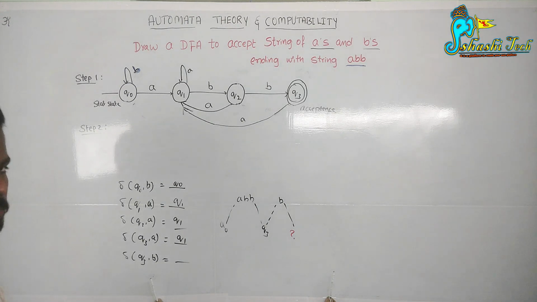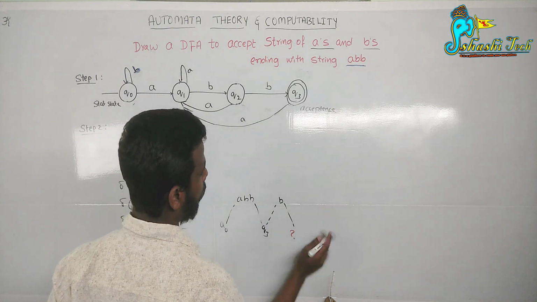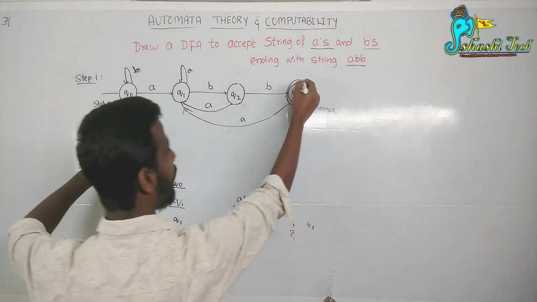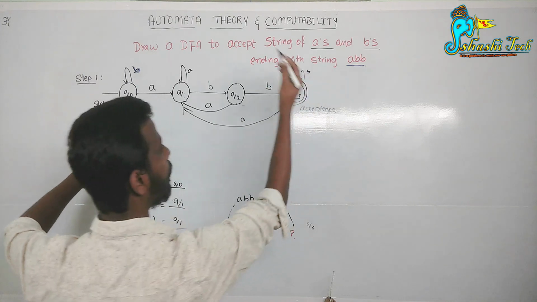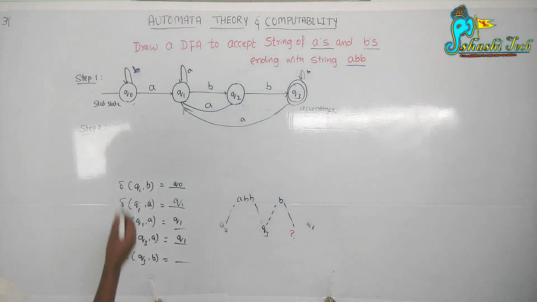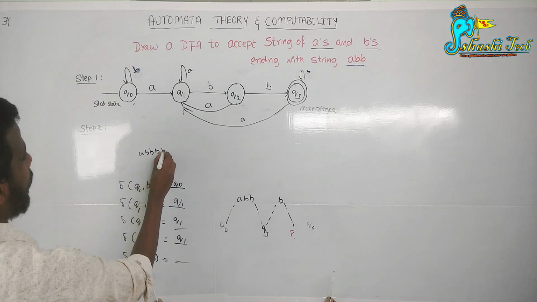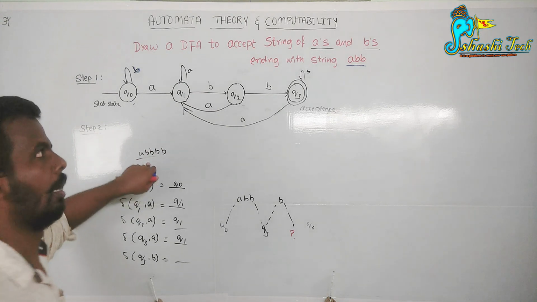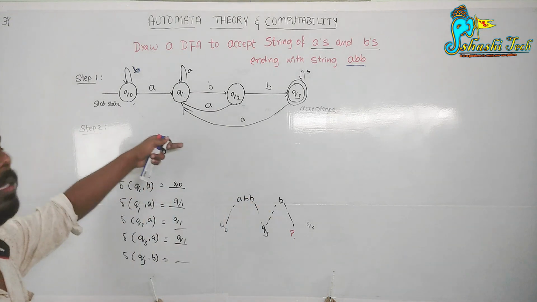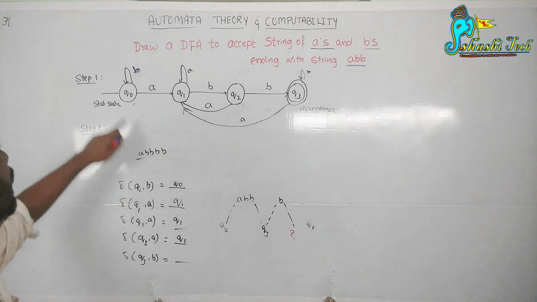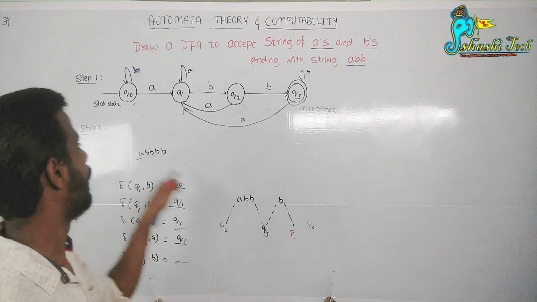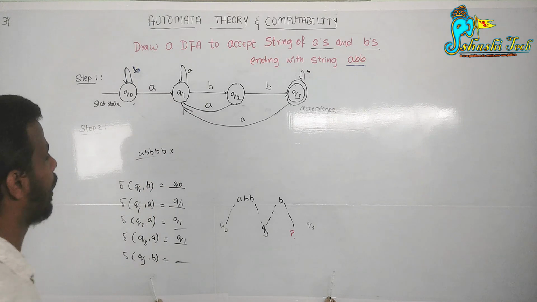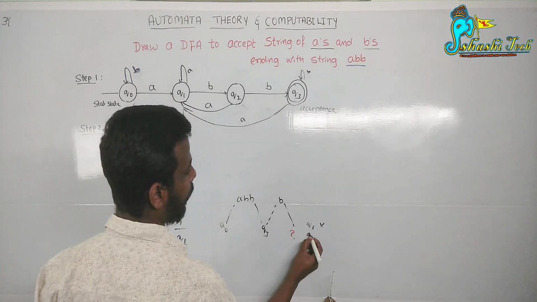Okay, what should we do now? We should find, starting with the Q3 as usual. Q3 upon accepting B, it is going to reach the same state. Let us consider the string A, B, A, B. This string must be accepted or not? According to the question, it should not be accepted. But according to the DFA, it is going to be accepted. A, B, B. It is going to accept. But according to the question, this should not be accepted. So Q3 also fails.